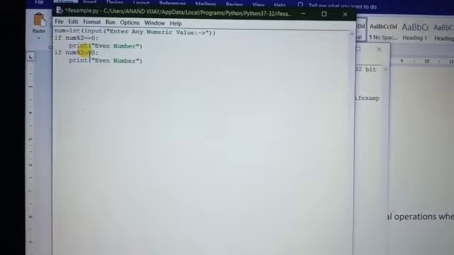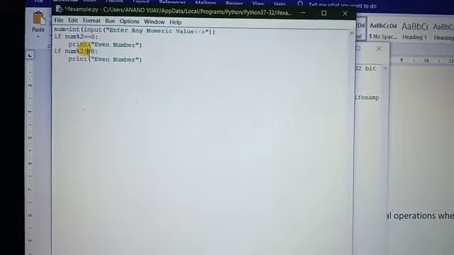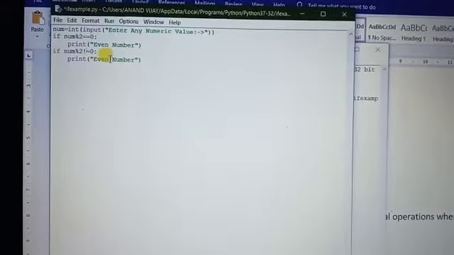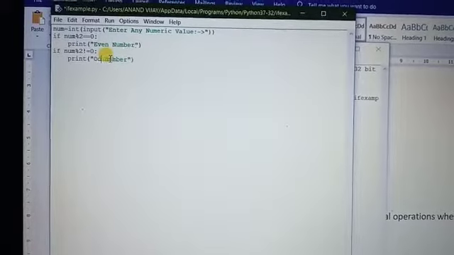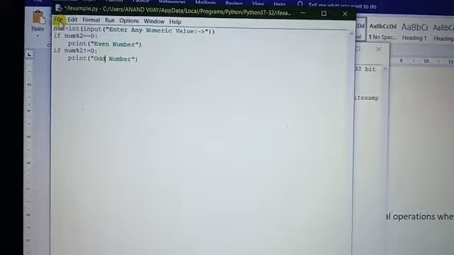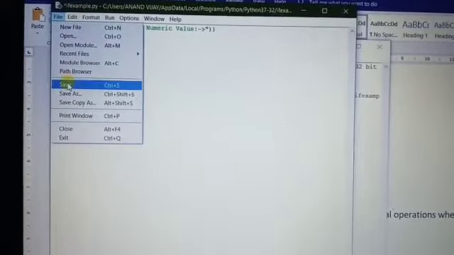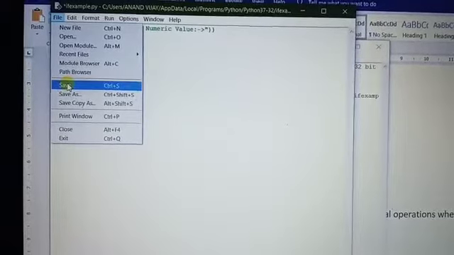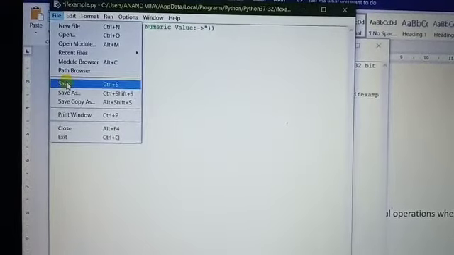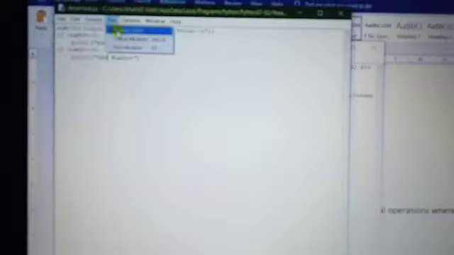If num mod 2 is not equal to 0, we use the sign not equal to, and here I have slightly changed the message to odd number. Now this single if example gives output in both conditions, whether the condition evaluates true or false. Now we execute it again, run.